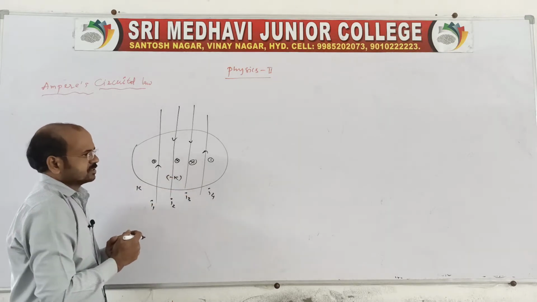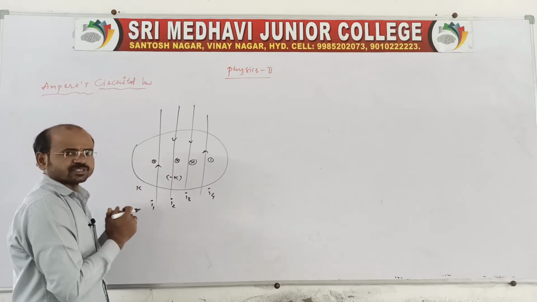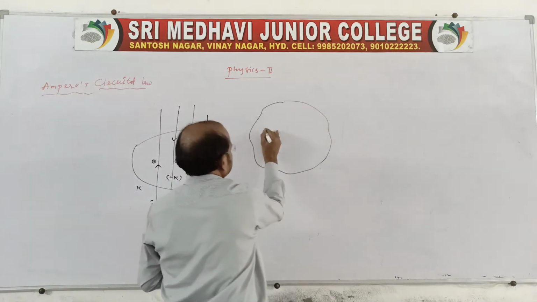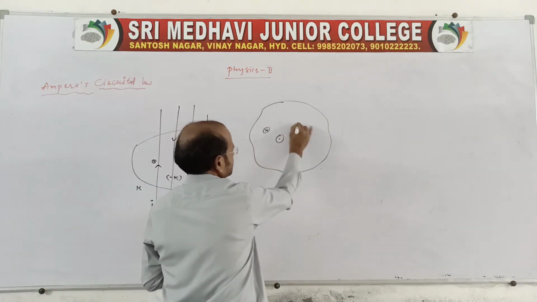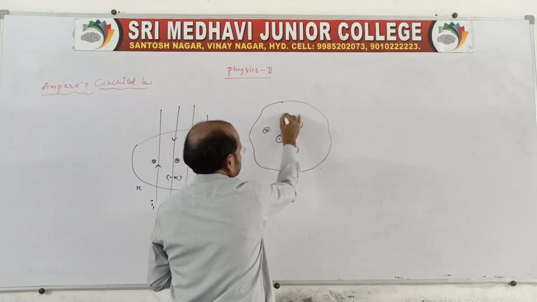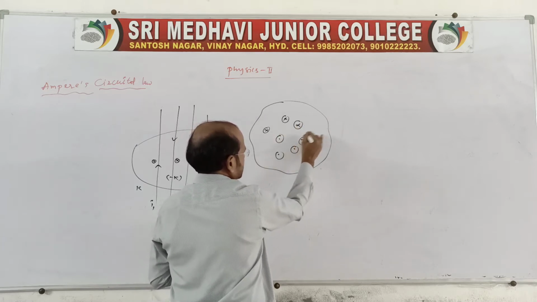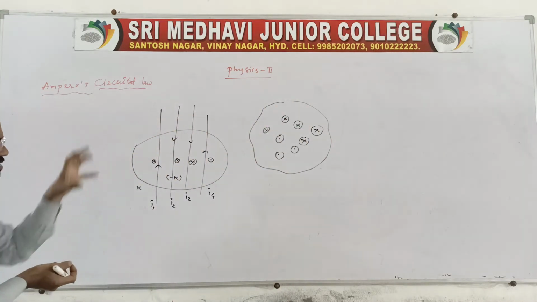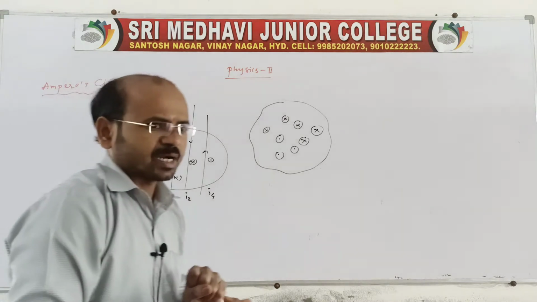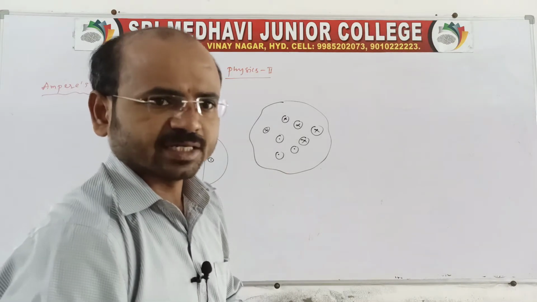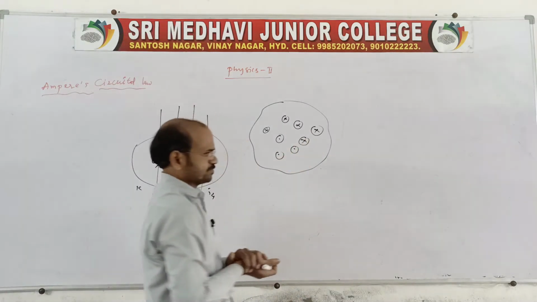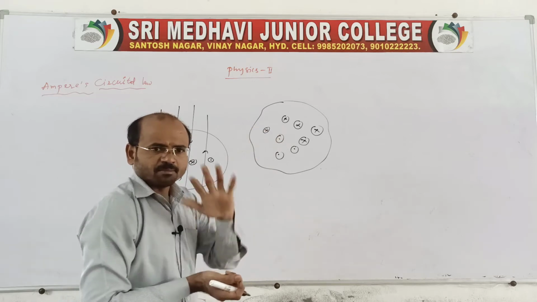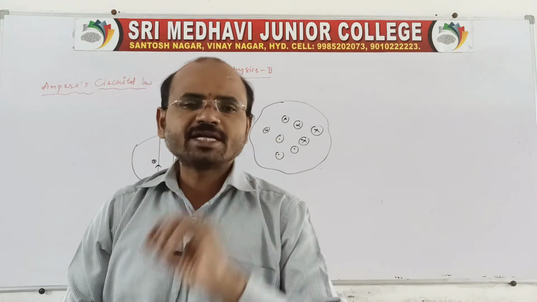According to this, there are a number of current carrying conductors in the closed loop. Therefore we can take another loop like this: let us show dot, cross, cross, dot, cross, dot, and another cross, which are in the closed loop. Due to the individual current carrying conductors, they produce the clockwise magnetic field as well as the anti-clockwise magnetic field with respect to the direction of the current.